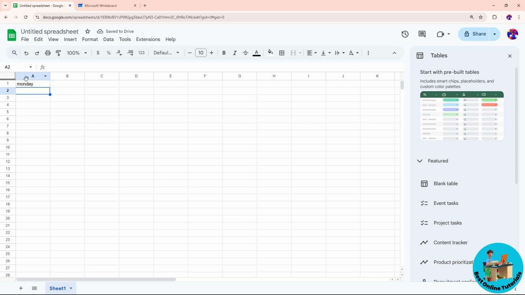And after that, just simply click on the Monday, and from here you will have this blue icon over here. Just simply click on it and drag it down up to 7. And from here you will have automatic weekdays over here, or you can do this as well on the